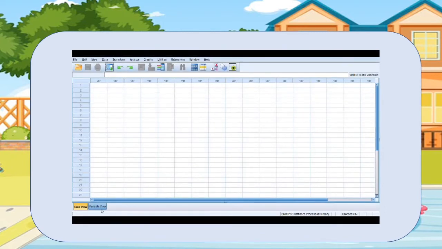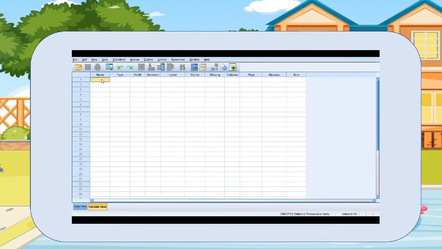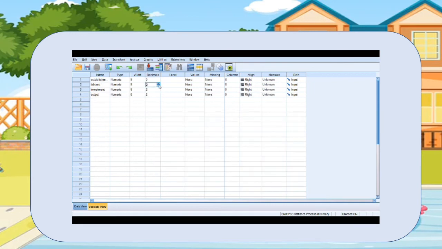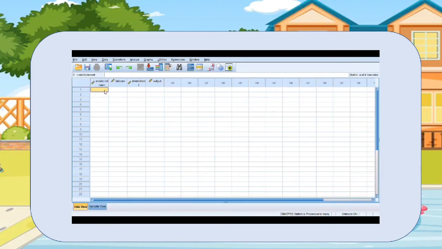First, click at the variable view and write the name of the variable. Change the decimal to 0 and measure to scale. After that, go to the data view and enter the data.